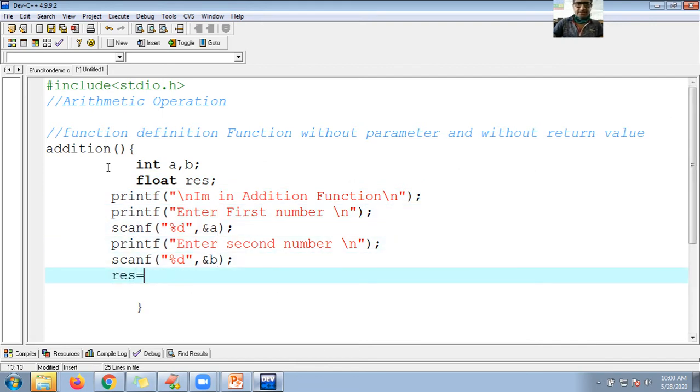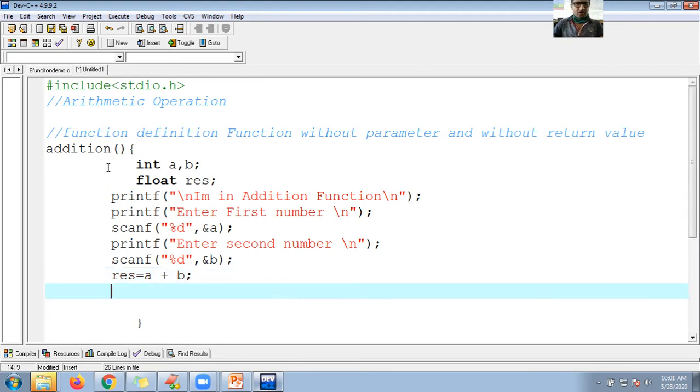So res is initialized with a arithmetic operator b, semicolon, and let me show the result here. printf, addition of %d comma %d is %d, no, not %d, I have to use %f, comma a comma b comma res, result, right?